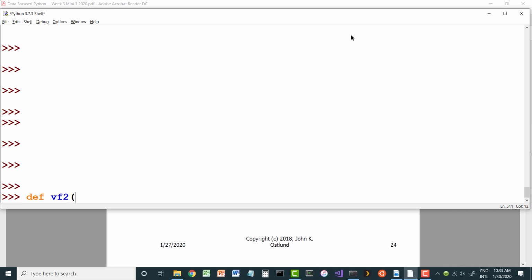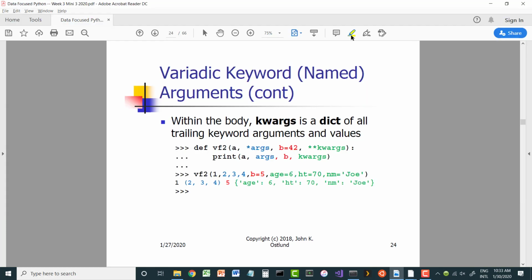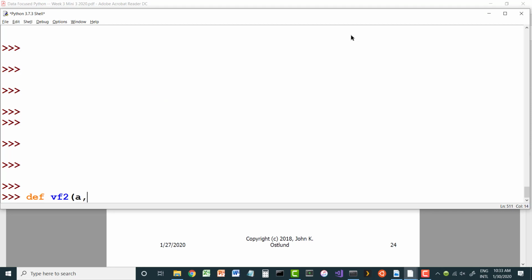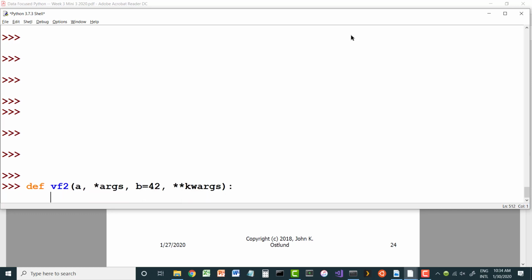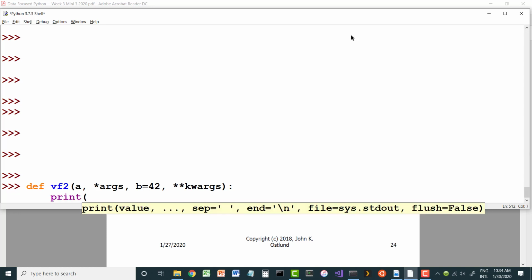All right, so vf2 is my function. It takes one required positional parameter that we're going to call a, and then *args for any additional. Then it has one named keyword parameter, b, and optional additional keyword arguments. And all I'm going to do to illustrate how this works is to display a, args, b, and kwargs